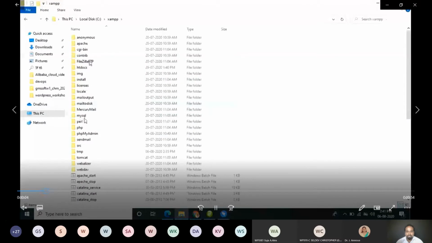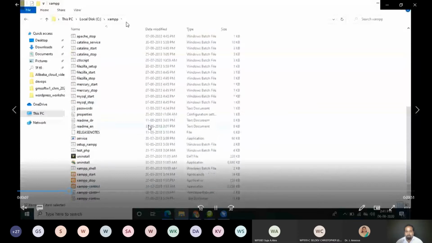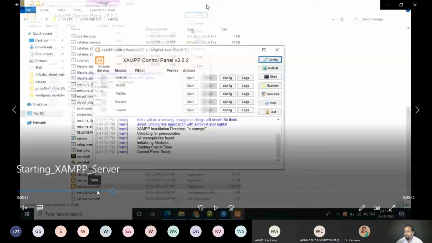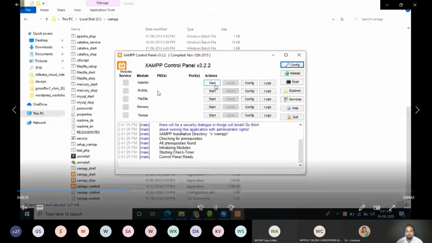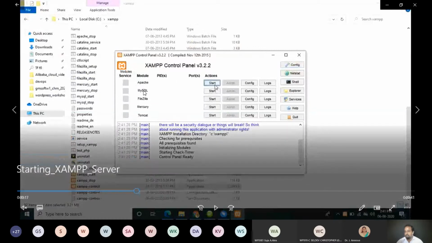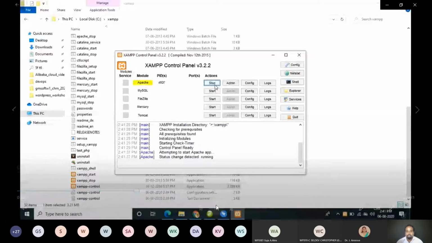There you can find one exe, xampp-control. Now you have to start both Apache server as well as MySQL. The reason is that in WordPress, the database will be created in MySQL, and the server used is Apache. So you have to start both Apache and MySQL.